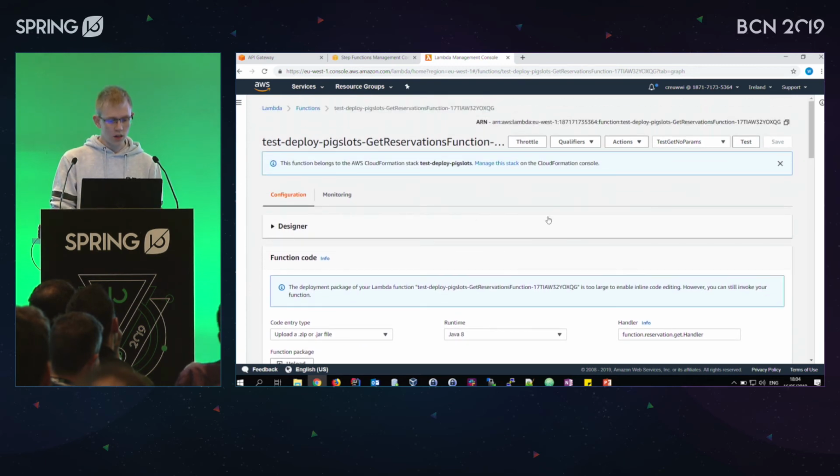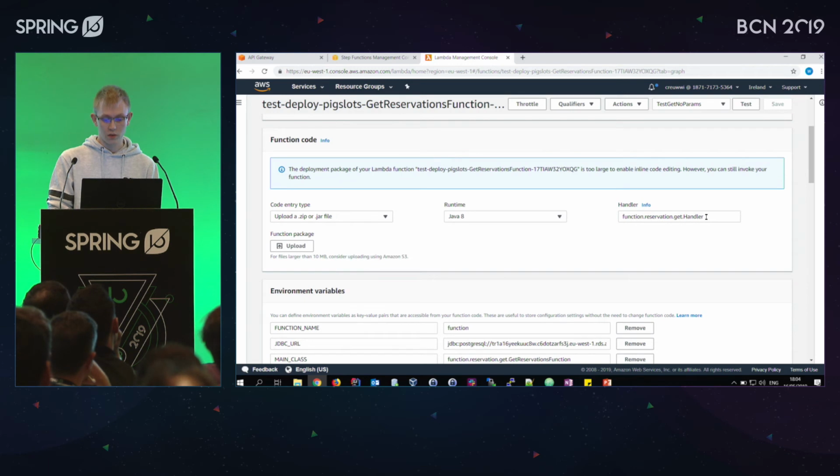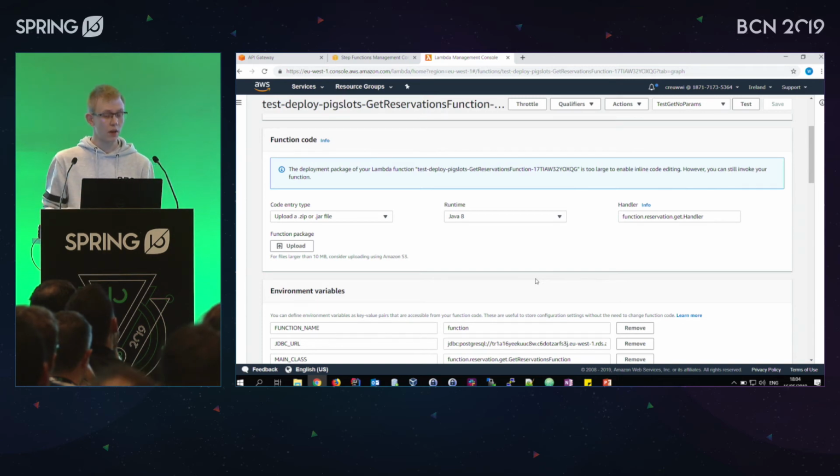And this is actually all that it is. So right here, you've actually got plenty of options. So you can perform tests at this point. We can also just change some parameters on this. But this is all managed for us. So right now, we've actually just taken all of this, put it in our SAM template, and as such, it just appears here for us. This is, of course, useful if you have to debug or there are any errors that happen. This is the place to go and actually find what's happening.